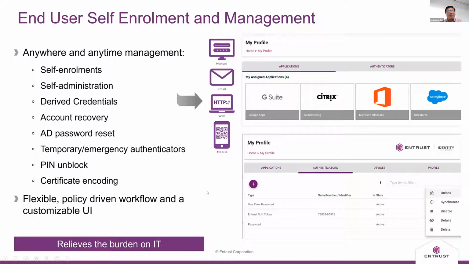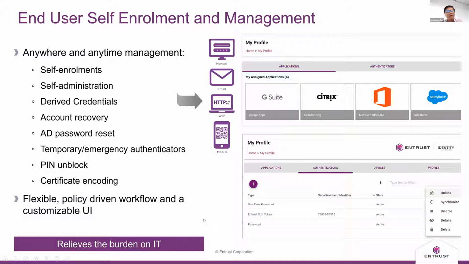Another aspect of the IAM solution is self-service enrollment. As I mentioned earlier, it is very common for users to lose or forget passwords. You do not want IT to bear the burden of maintaining passwords. You can offer self-service to the end user.